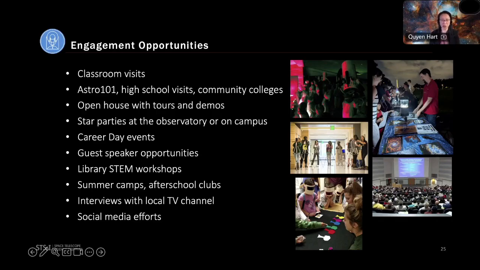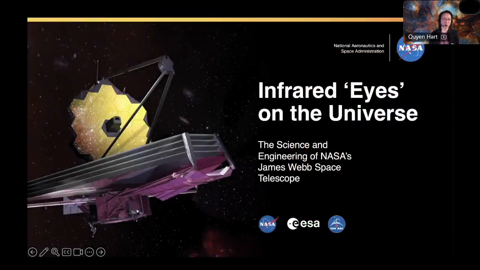Now I'm going to segue into the middle part of the workshop, which is going through different pieces of resources to help you do that, and what not to do in some cases. The slides that you see here are part of a presentation slide deck that we did for Webb's launch, first images, and first year of science. This will be linked as resources that you can look at later. They're meant to be a starting point, and then you can edit as you go along to suit your needs here.